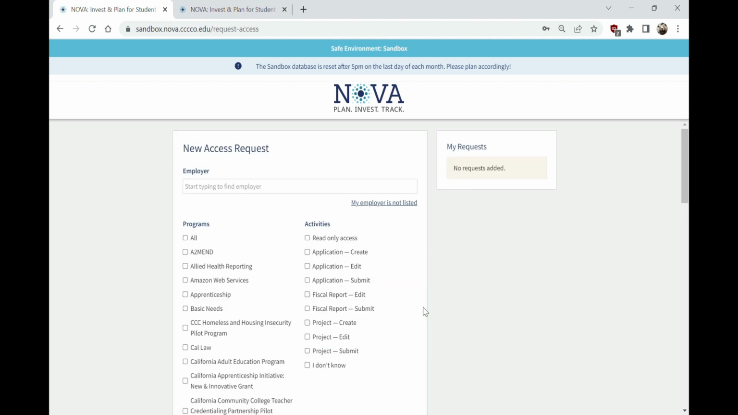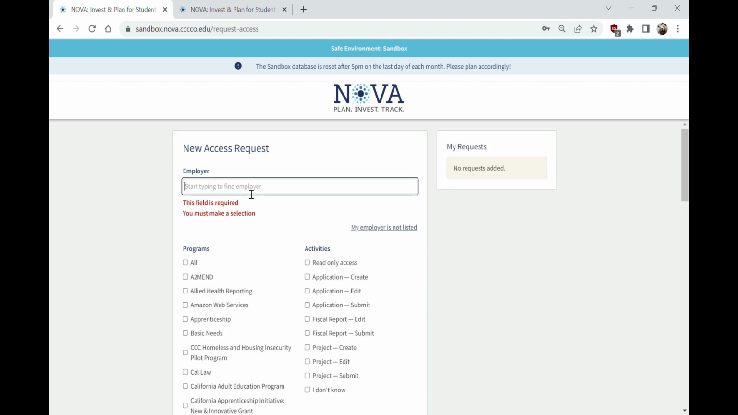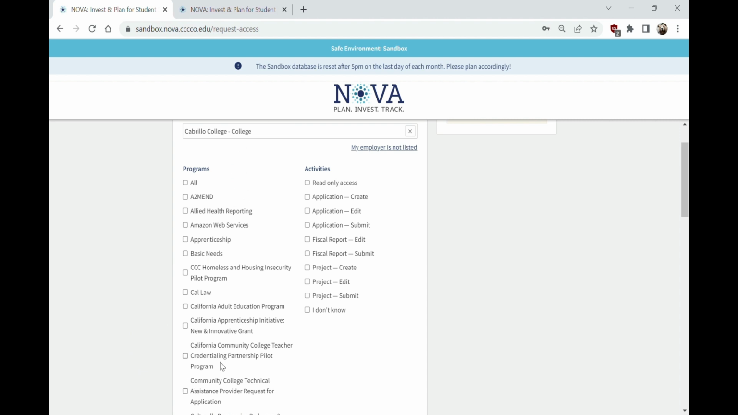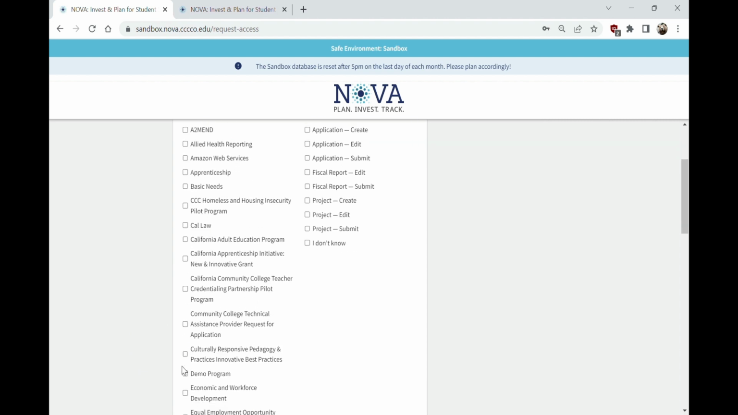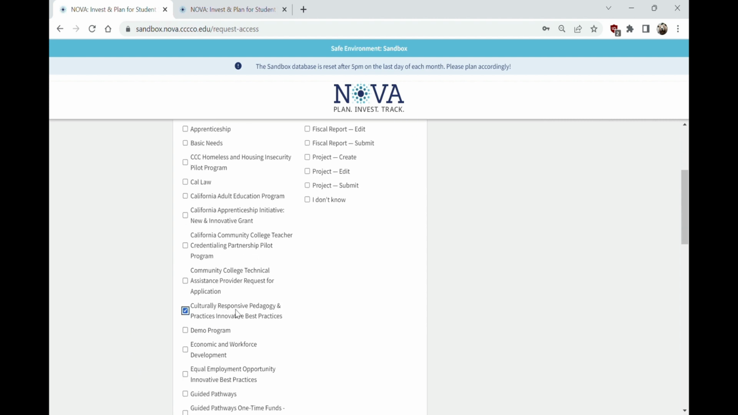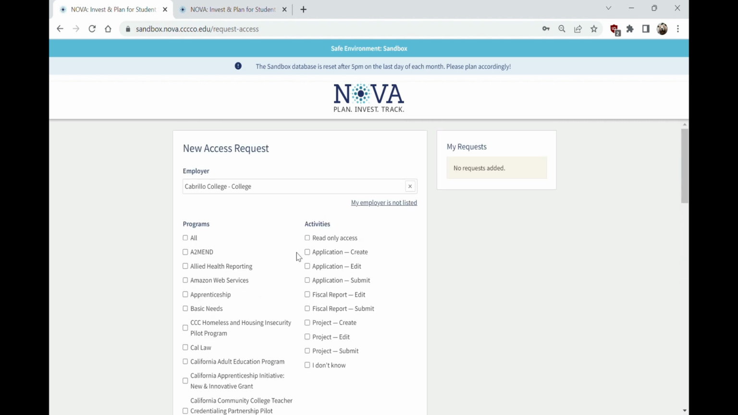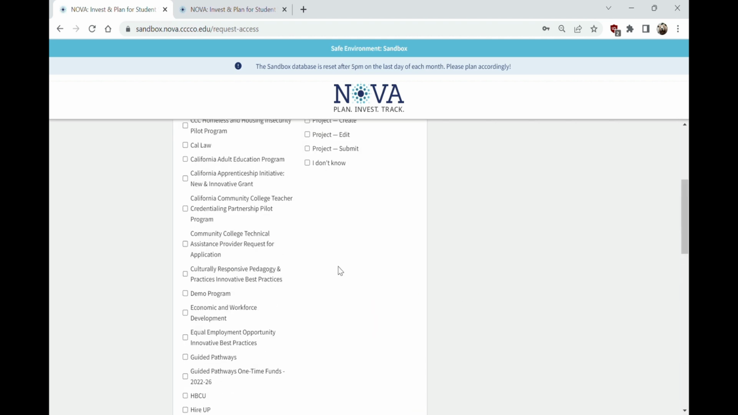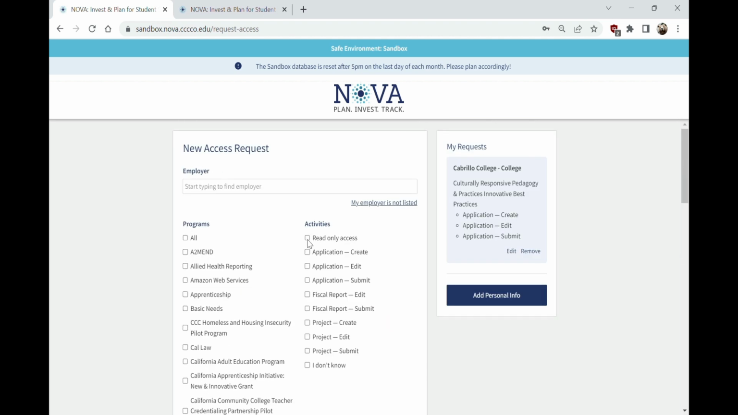So click on that, and it takes you to this page where we put in our employer. Let's say I'm with Cabrillo College, and make sure that we go down here and choose the correct program that we want access to, and then we go over here and hit the application ones. Add this request at the bottom. So like I said, we had employer, programs, activities. We added the request. We need to add our personal info,